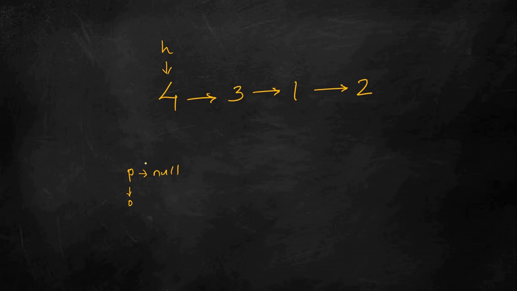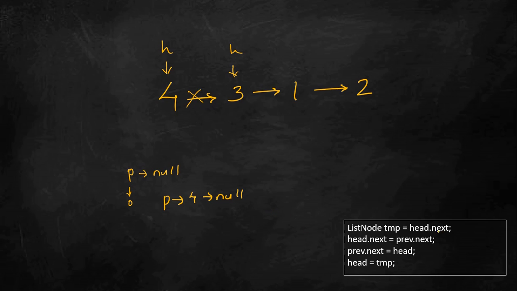So to make p point to 4, I need something like this: p to 4 to null. That means I need to remove this reference, which is head dot next reference, as whatever is the value of my p dot next. And also my p dot next will be my head value. And after that my head pointer should move to this particular node, which is basically head dot next node. So in short, I'll save head dot next to a temp variable, and then